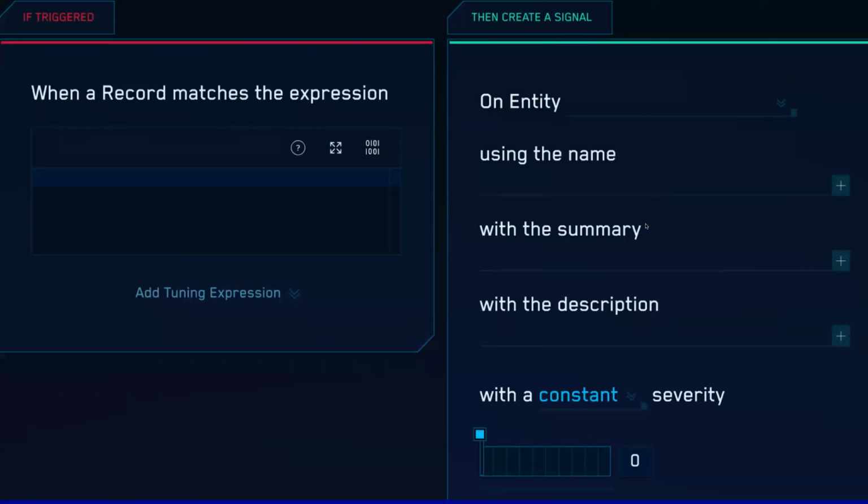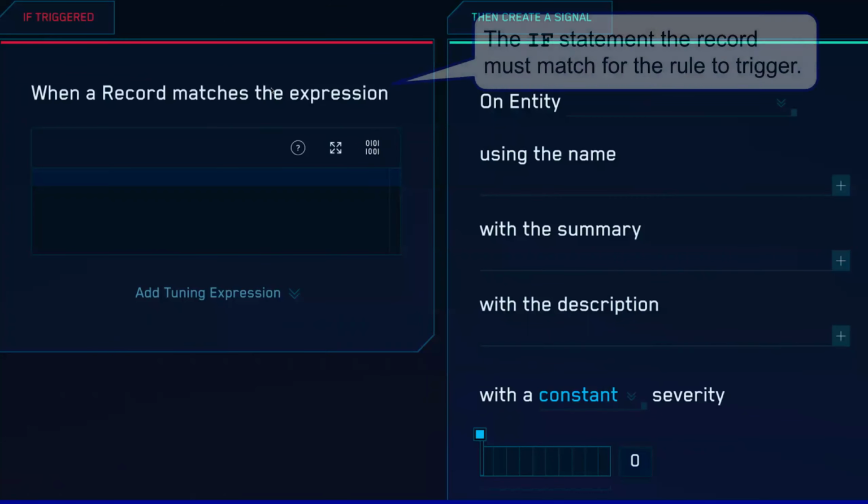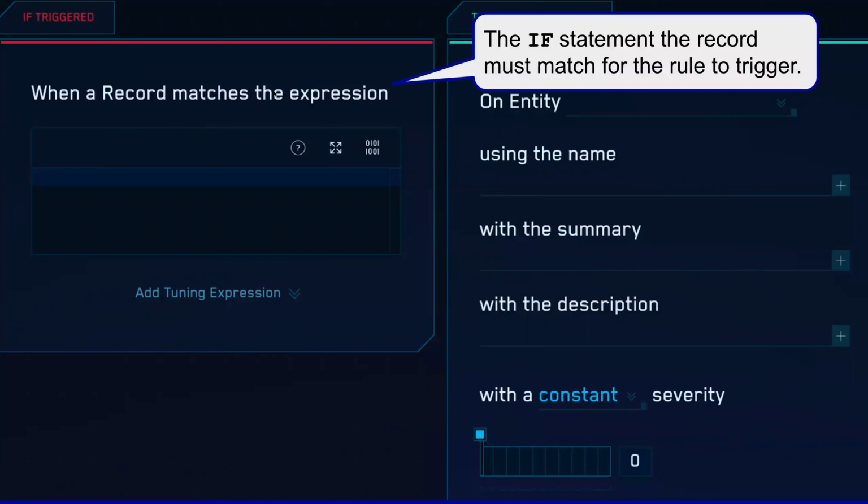Now, this is a blank rule template in Cloud SIEM. You have two sides here, your left and your right side, your if and your thens. When a rule is created, you're going to configure the condition it's going to match. This is going to be a short piece of code that depends on the rule type you're creating. It's basically an if statement.